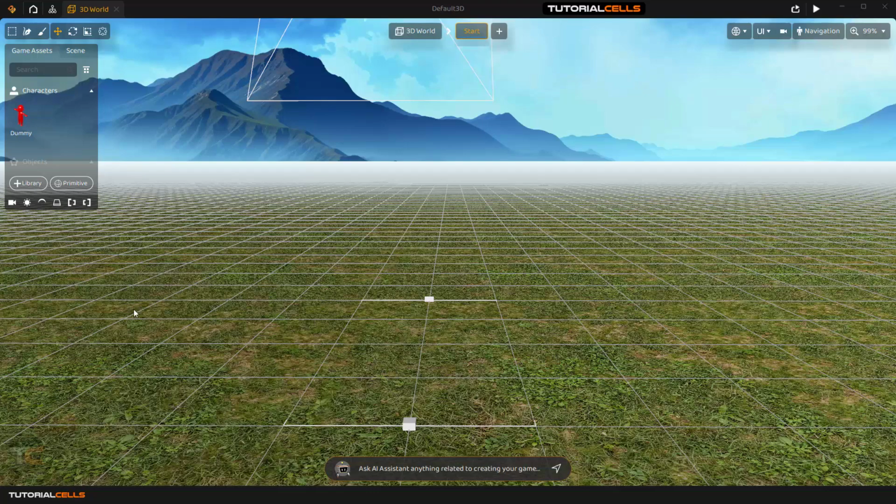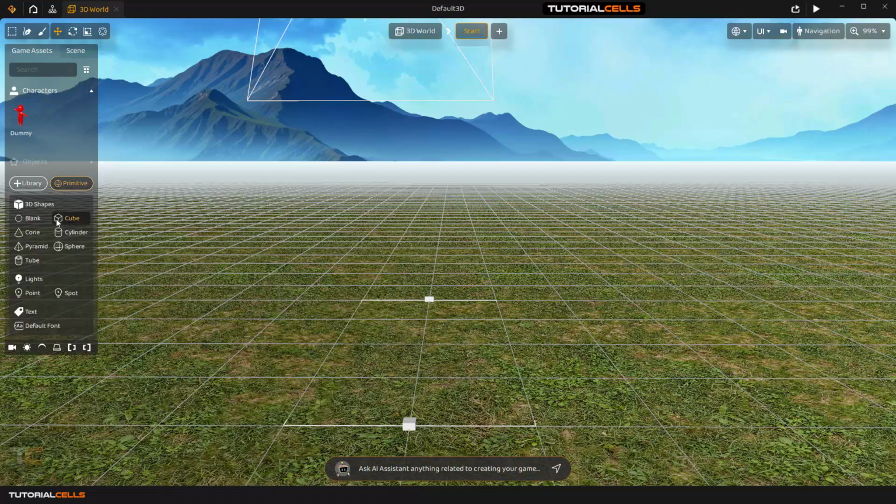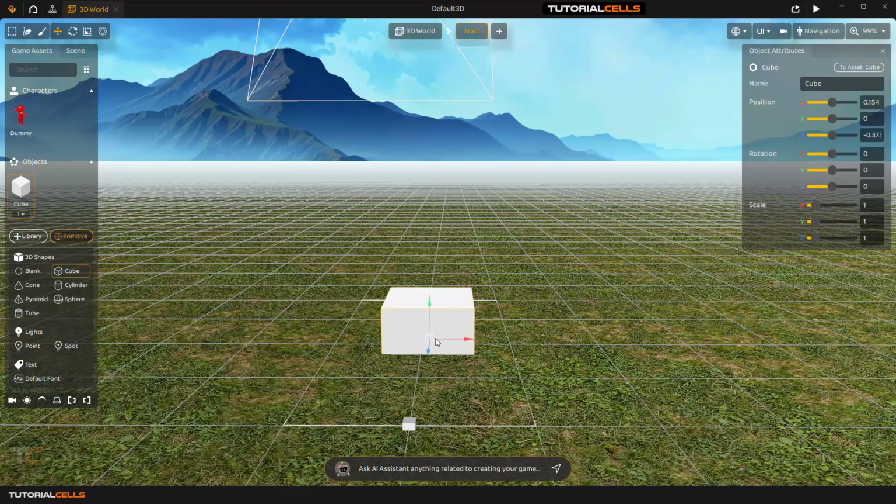Let's talk about the transform tools, that is move, rotate, scale, and multi-tool. For a beginning, going to primitives and simple drag and drop a cube in the scene. You can see we have a 3-axis gizmo that you can